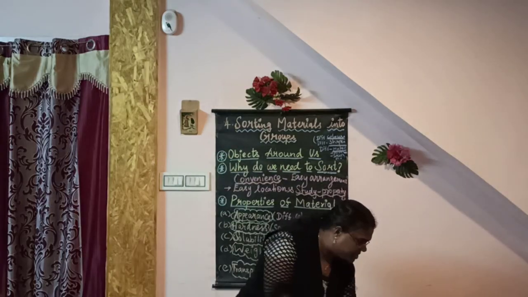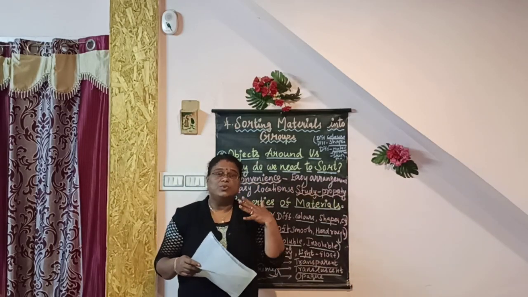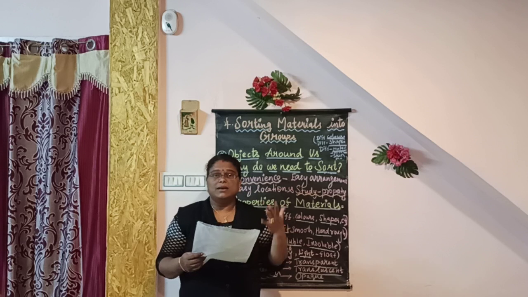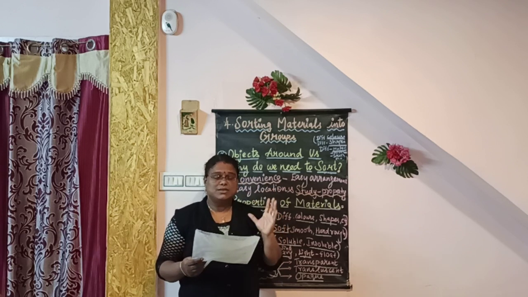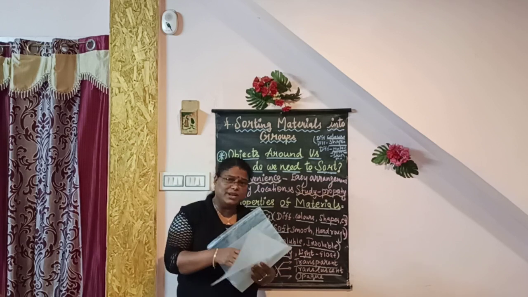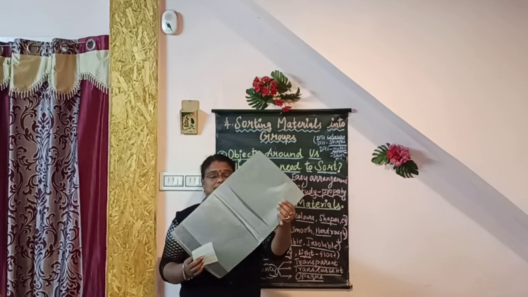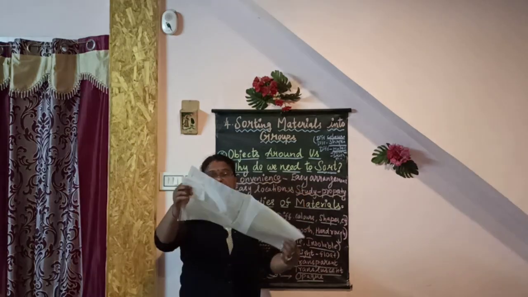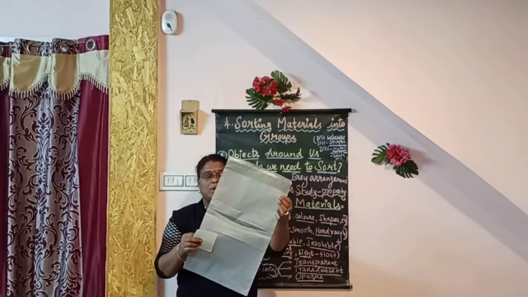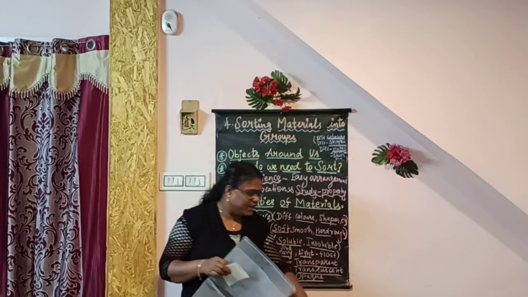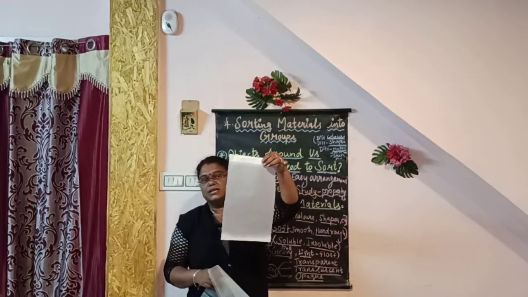And translucent material is where the things which are opposite to us, we can see partially clear. So this is not clear, only partially clear, but we can see. This is translucent material, and also it slightly allows light to pass through. This is translucent material. And oil paper also is a translucent material.